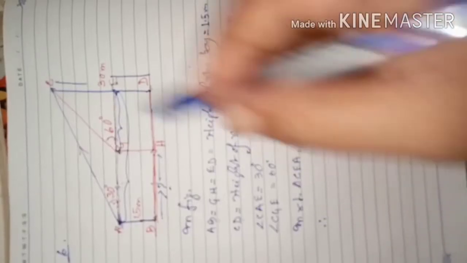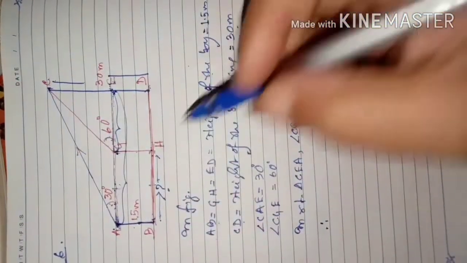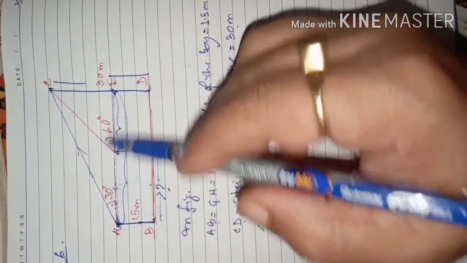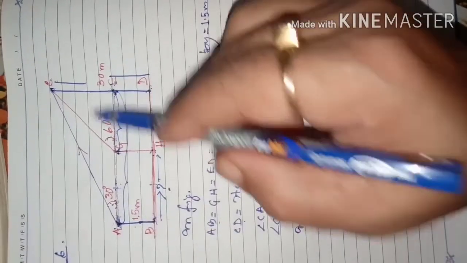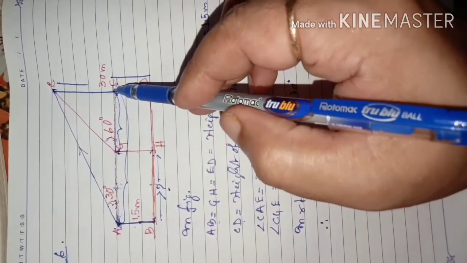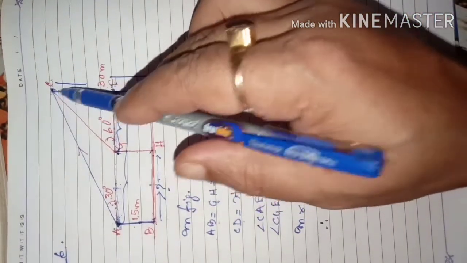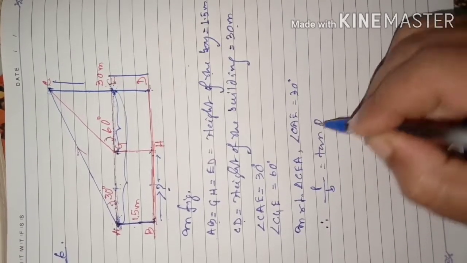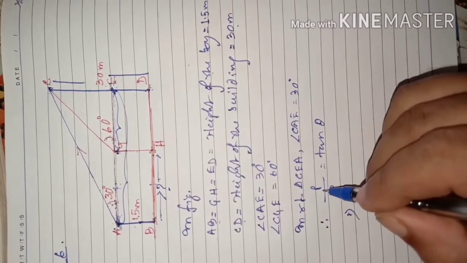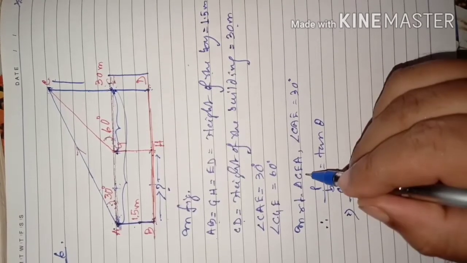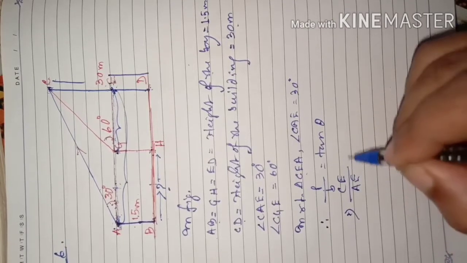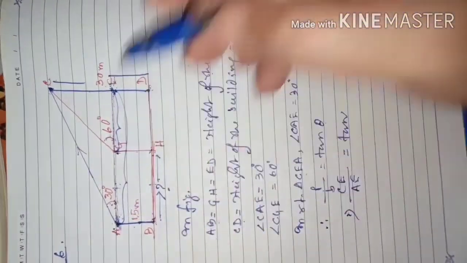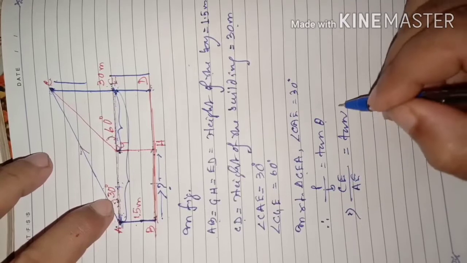In right triangle CEA, in that right triangle, this angle is 30 degree. This is perpendicular. This is base. So what shall we take? Perpendicular by base, because known side by unknown side. Perpendicular CE, though we don't know it exactly, but we know CD is 30. So from there CE we can make out. So we'll write perpendicular by base is equal to tan of the angle theta. So this is theta. Perpendicular CE, because you are in this right triangle, base AE, is equal to tan of the angle theta. Theta is 30, because you are in this triangle CEA. In the triangle, this angle we are talking about. So tan 30 degree you have to say.